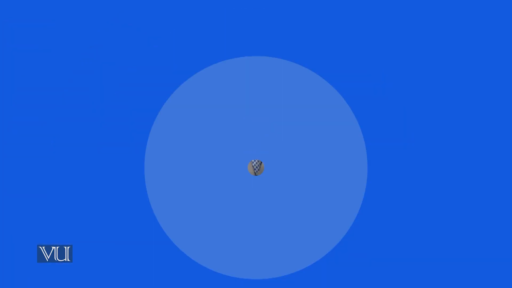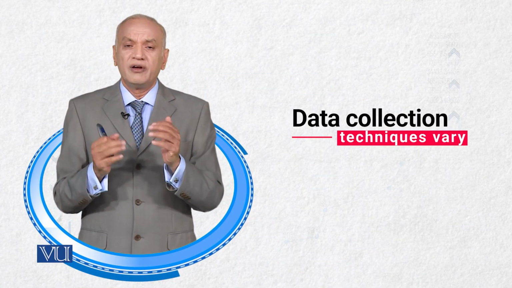But the electronic components, all its parts and the overall performance are tested automatically, and all those results are stored as part of the data produced by the system. This data is stored in different types of databases. Why I'm emphasizing this is that the data collection method and technique varies.